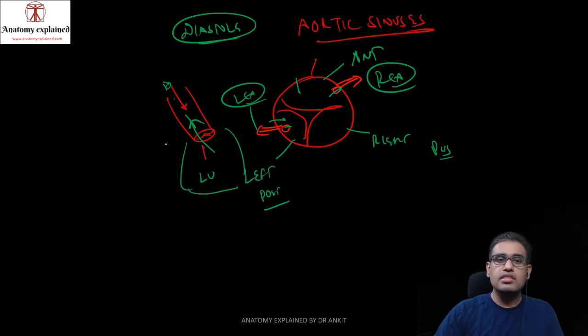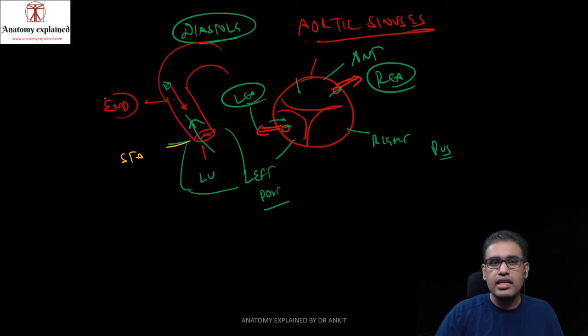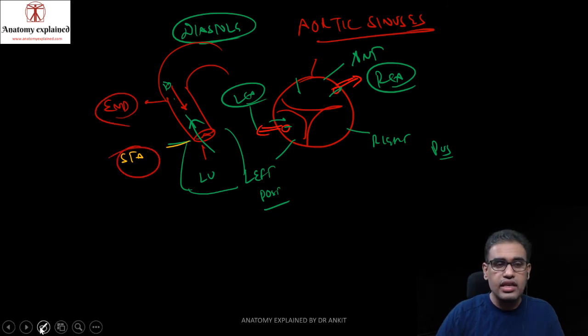Okay. Now this aorta, where does it start? A couple of surface markings over here are important. What is the starting point of this ascending aorta? And then you all know that it forms the arch of aorta. So where does it end? Ascending aorta is from where to where? If we talk about the ascending aorta, where does it start?